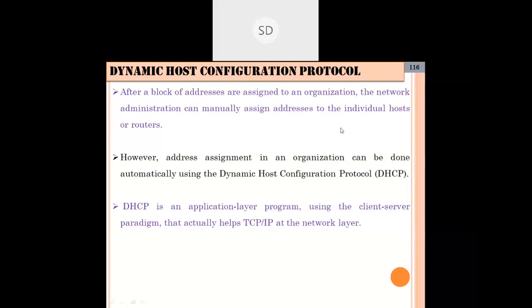In the previous topics, I think you may have come across, suppose you consider an organization, or one particular local area network, where a block of addresses is assigned to an organization. There may be different routers or different switches, and for each switch or router we are supposed to give the address. So that is nothing but a block of addresses assigned to an organization.